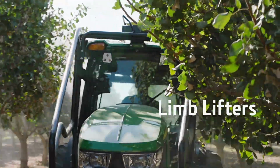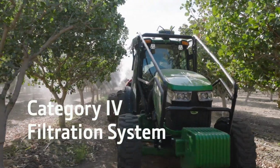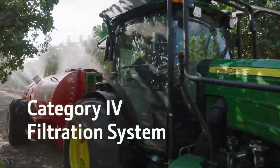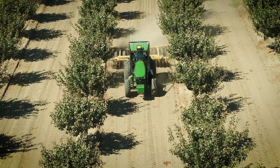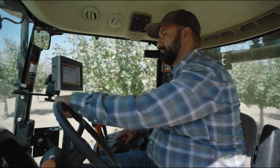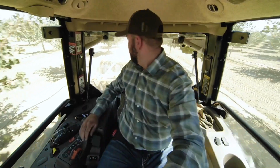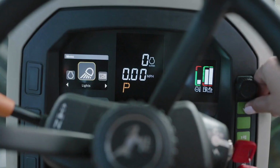While the narrow design and limb lifters protect your sensitive crops, the optional Cat 4 filtration system protects the operator, reducing dust and harmful chemicals from getting in the cab. Enjoy head-to-toe comfort with spacious headroom, unmatched visibility, customizable digital display,